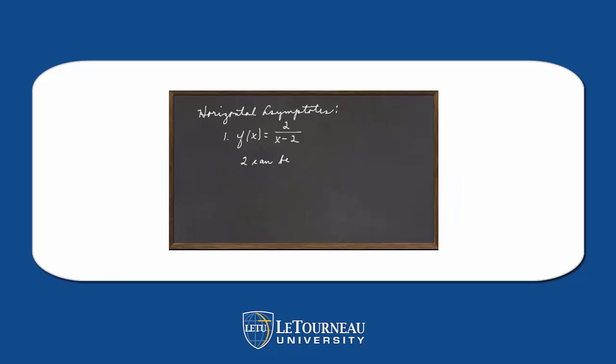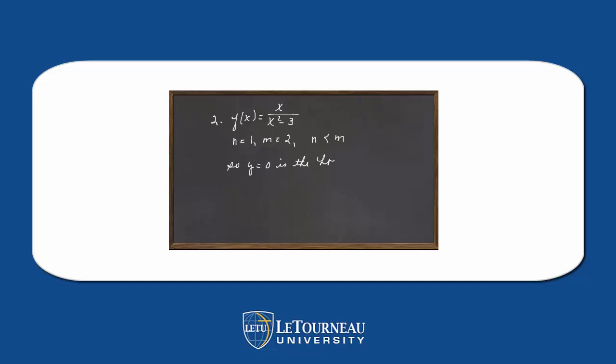Let's check some things out here. 2 can be written as 2 times x to the 0. So n is 0, m is 1, n is less than m, so y equals 0 is the horizontal asymptote. Let's look at another example. Let's suppose that f of x is x over x squared minus 3. N is 1, m is 2, n is still less than m, so notice y equals 0 is the